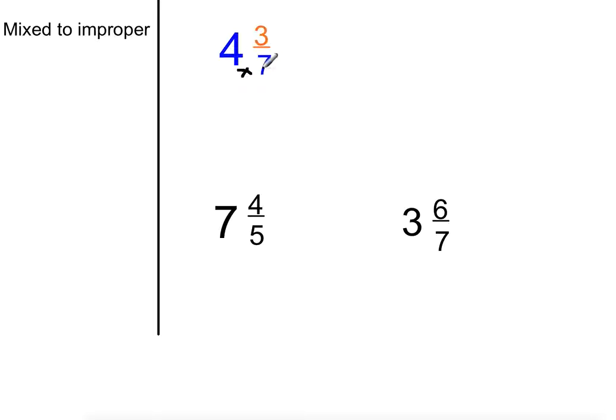4 times 7 is 28. And then we're going to add the remainder back into it. So we take the whole number times the denominator, and then we add the numerator. And again, the denominator stays the same. So in this case, 4 times 7 is 28, plus 3 is 31